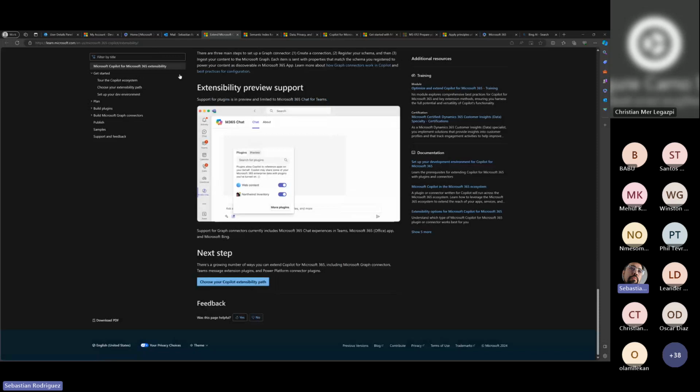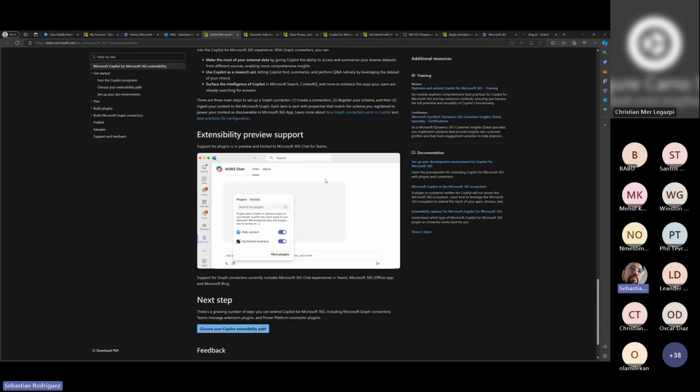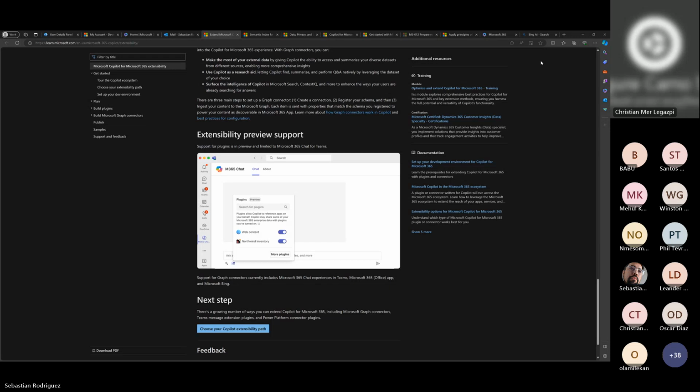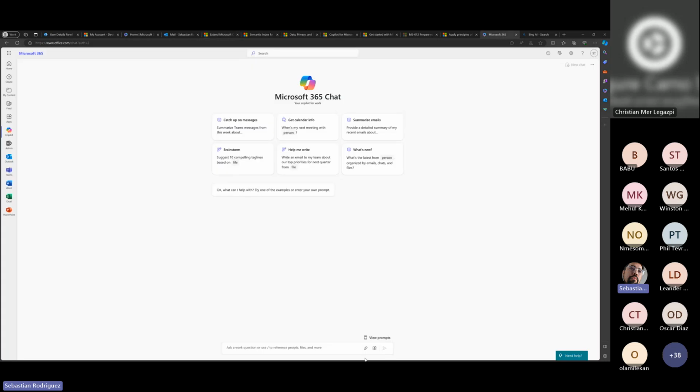And finally, in this section, we can see a very simple example of how the plugin would look. So basically, you would be in this Microsoft 365 chat environment. And once you activate the plugins inside your organization, you will have the option here via this icon to access some plugins. In my case, this is the only plugin I have enabled, nothing else, which is the native plugin that allows Copilot to search in the web and add those results to the query. For example, I could say,